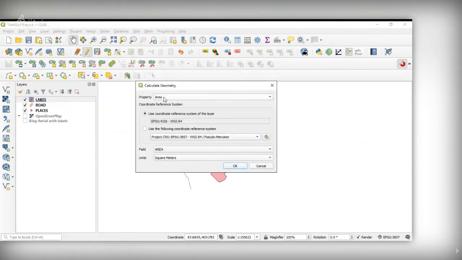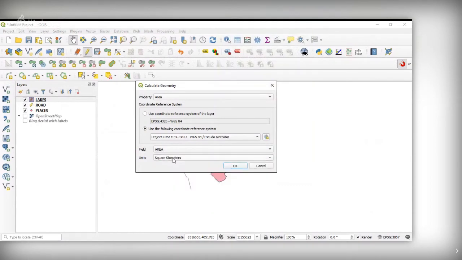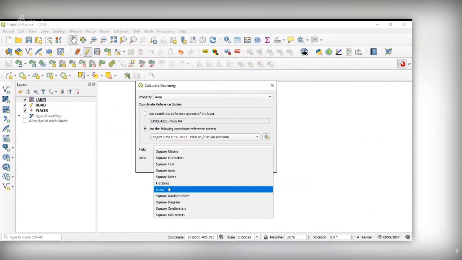Area is there. So here instead of an angular coordinate system, you could take a projected coordinate system, and after that the area field, and this is in square kilometers or hectares. Yeah, hectares or acres, you can take this. So for the time being, I'm taking it as square kilometers.